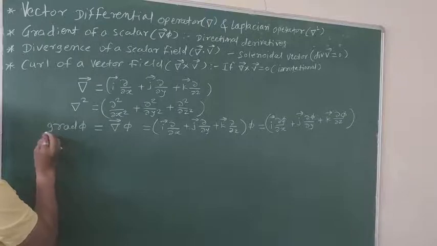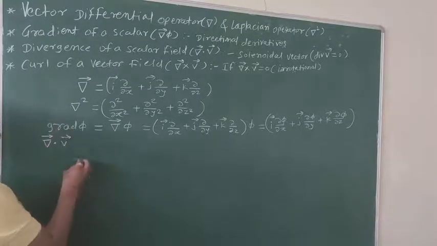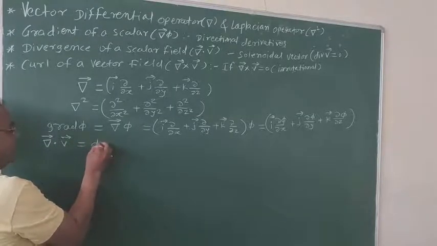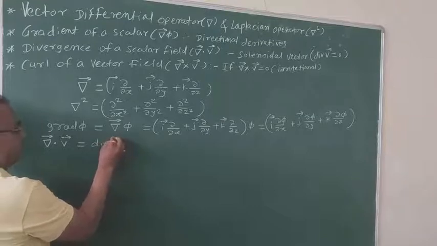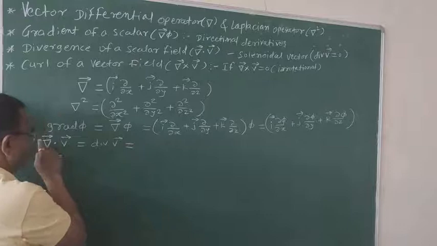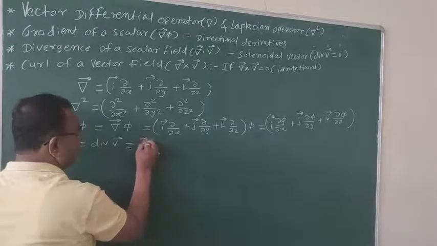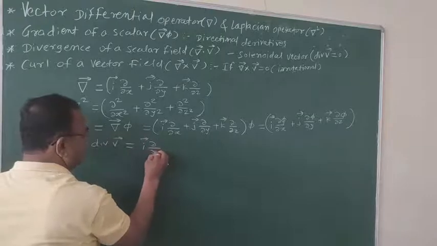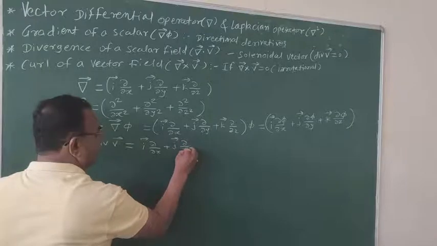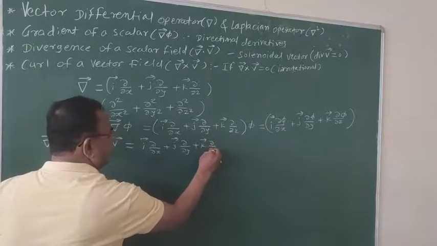This dot is important. Operating on vector field V bar, del bar dot V bar is written as the divergence of V bar, which is given by putting the value of the del operator, i bar delta by delta x plus j bar delta by delta y plus k bar delta by delta z,